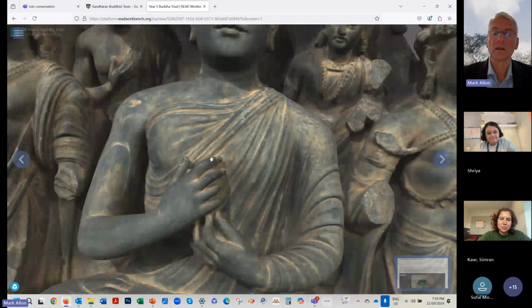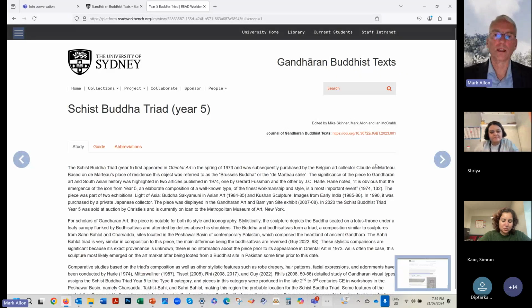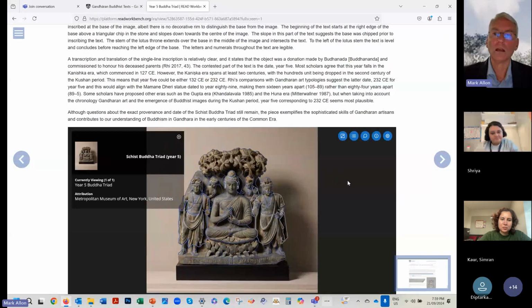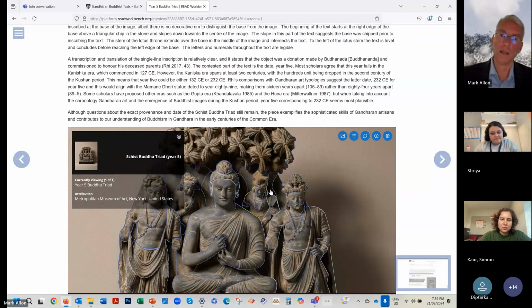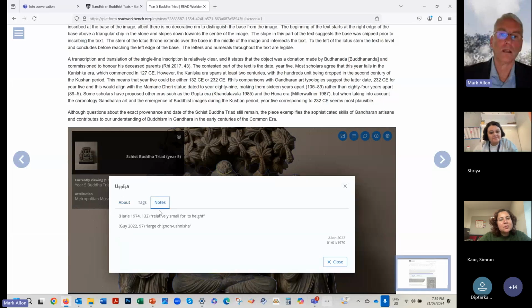And then we applied that segmenting of the letters in the text to our objects. So here it's going to tell me this is an Ushnisha, and you can expand this in any way. This is still very much a prototype.